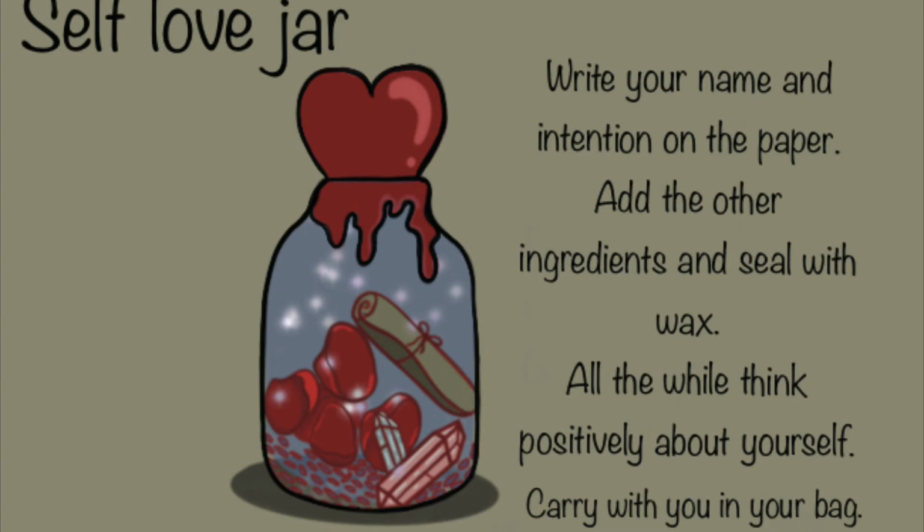If you've got something with like maybe it's a screw top, just screw the top on, drip a bit of wax on the top, or tie a red ribbon around. There's many different ways. You don't have to seal it with wax if you haven't got the ability to do so. You can just tie a red ribbon around the top, and then keep this where you can see it